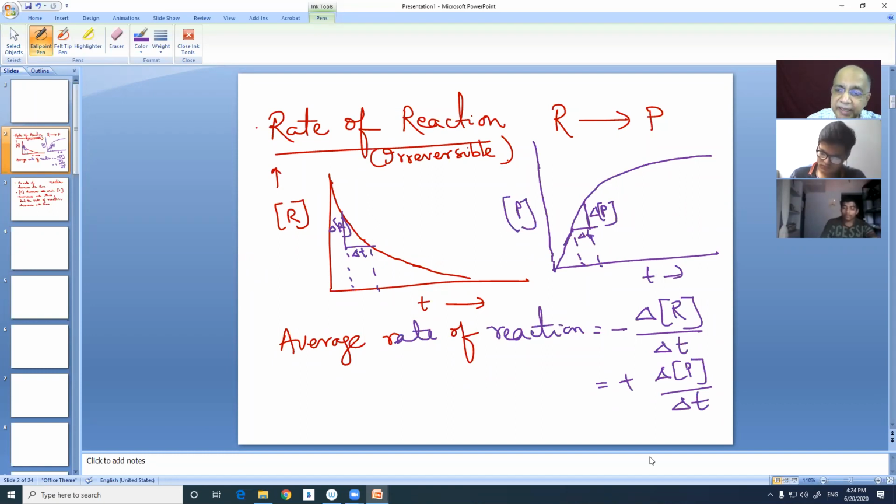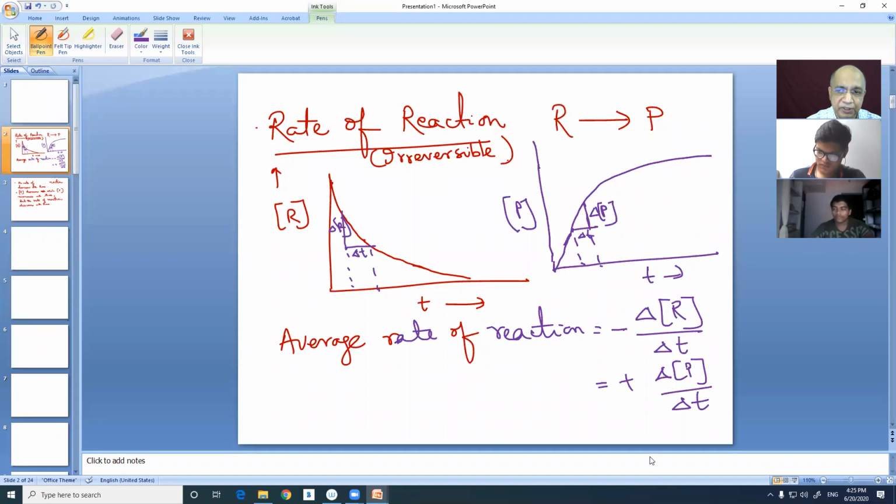will be represented by del R by del T. When I say R, I mean concentration. Please allow me not to say concentration every time. So del R by del T, that if you express rate in terms of reactant, then you have to put a minus sign. Because del R by del T itself is negative. Tan theta is positive, theta is greater than 90, so it will be negative. So you have to have a minus sign to make the value, ultimate value of rate positive.